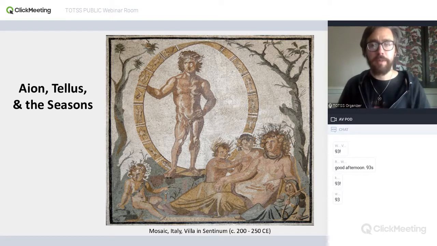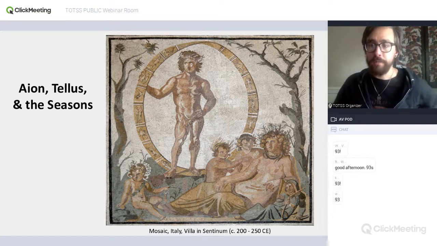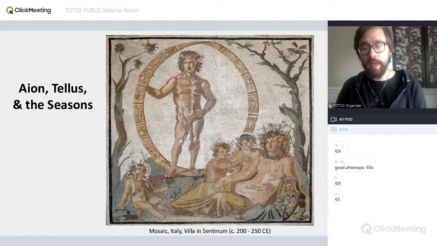That's particular within the Mithraic tradition. Though in other mystery traditions, like here, we just see him depicted as just a male human, and throughout, across these things, he's used as a symbol of eternity, or of unbounded time or endless time. And here in particular, he's being used as an image of cyclic time. And he's very often associated with the wheel of the zodiac. That's true in Mithraism as well. And you'll often see him standing in the middle of the zodiac wheel.